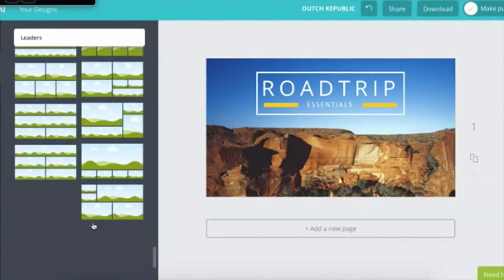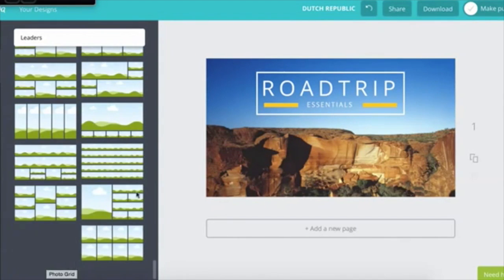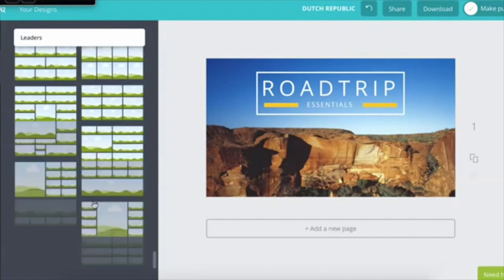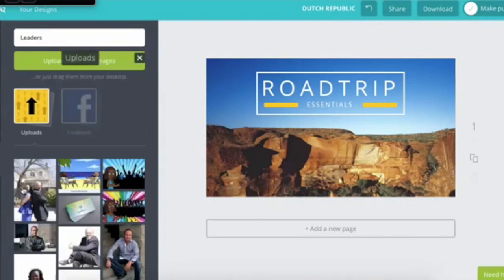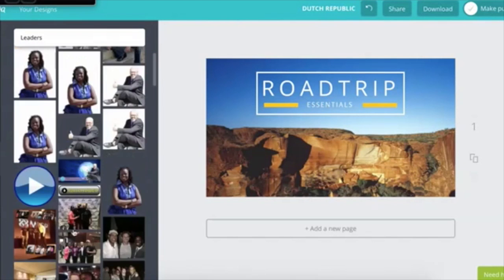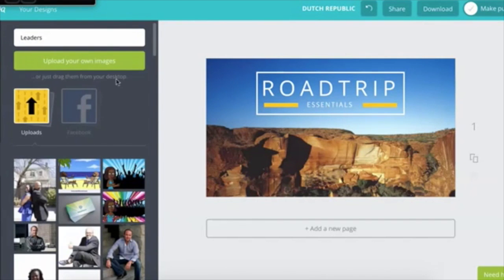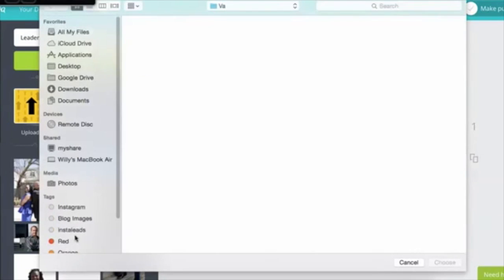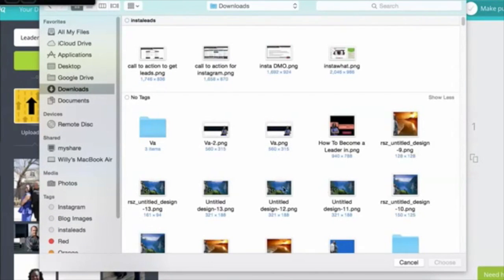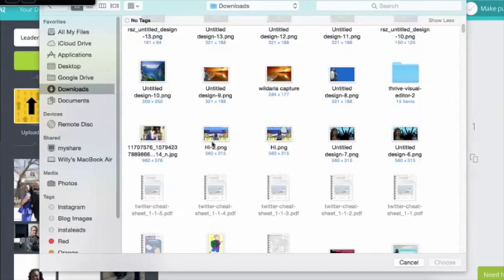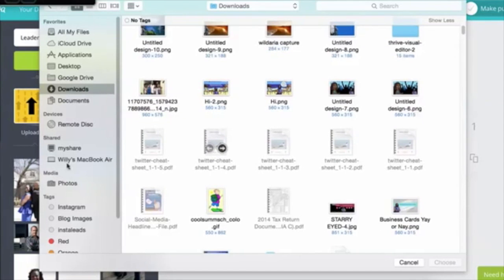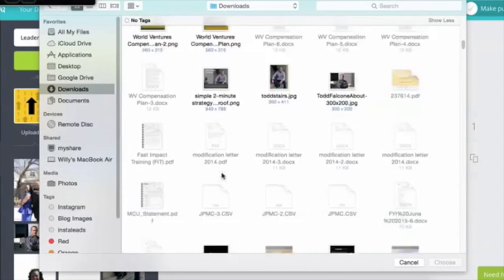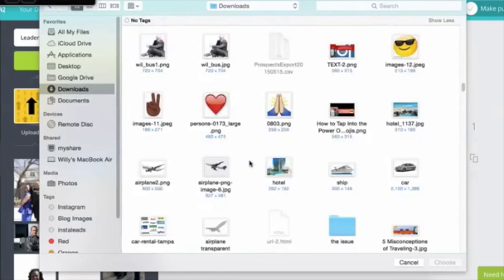So depending on what you're doing, you might want to put a lot of images or photos in these templates here. Okay, so I like to use the uploads. Now what's cool is I can go and upload any one of my own images, and a lot of times that's what I do. So I'm going to go to download. I got a bunch of images here that I want to use, and since I'm talking about leadership, I am going to find